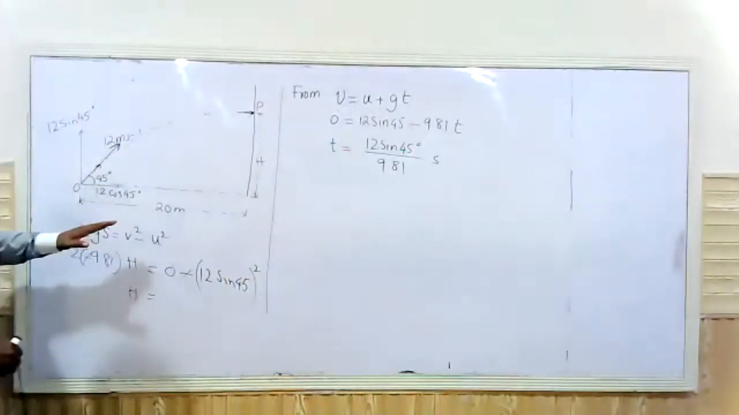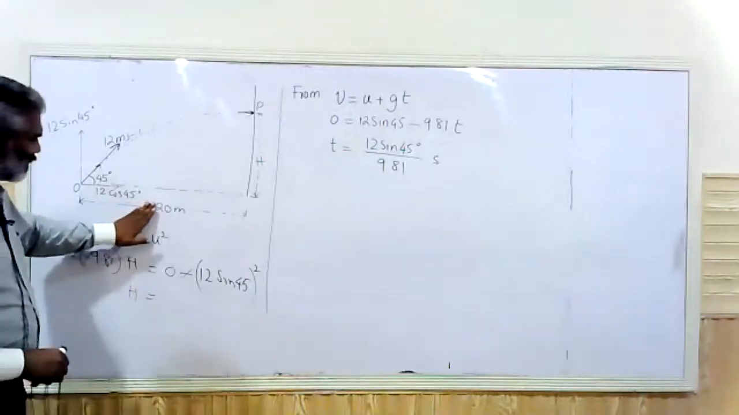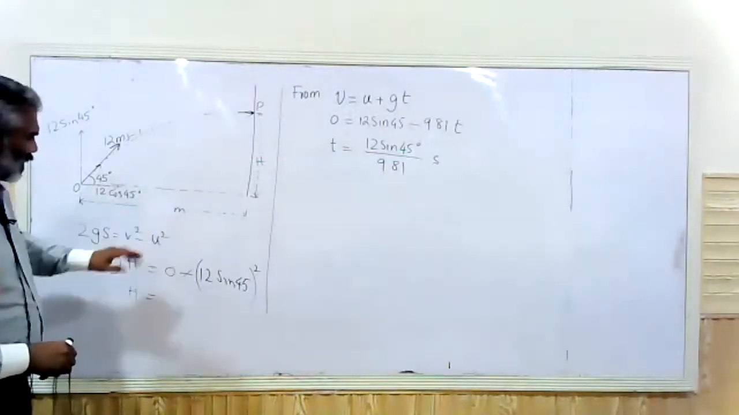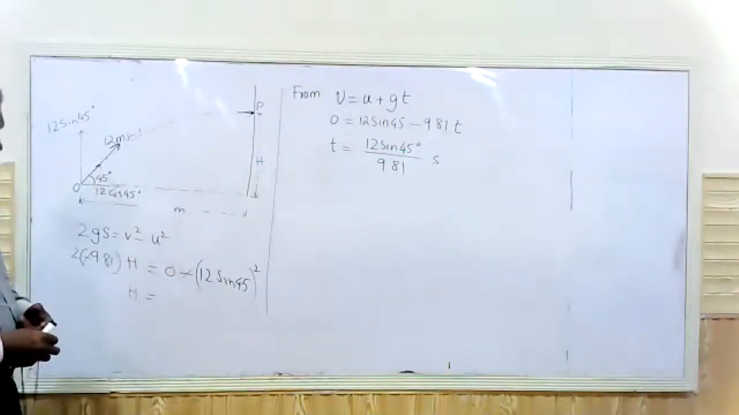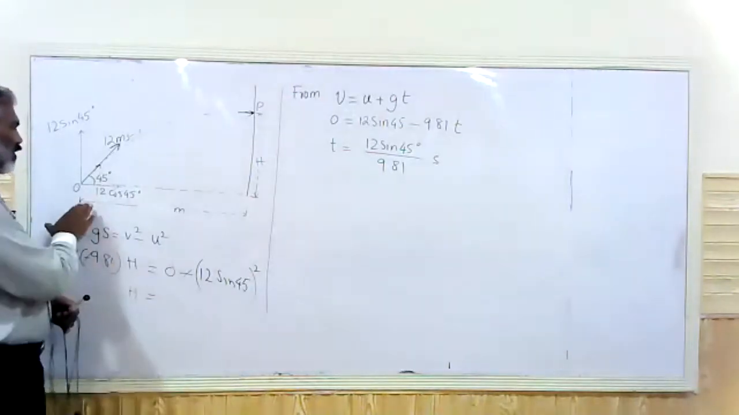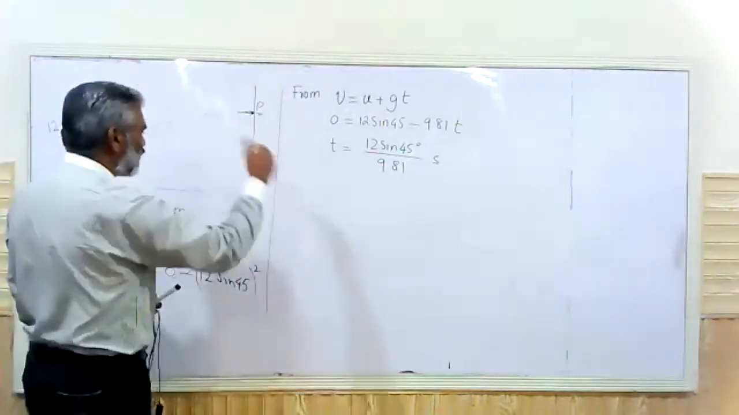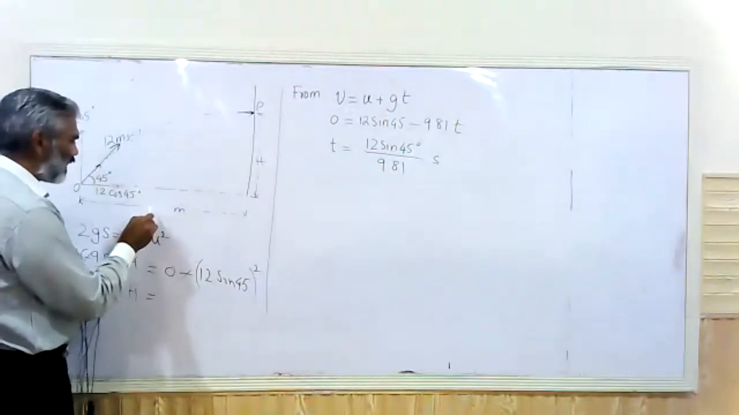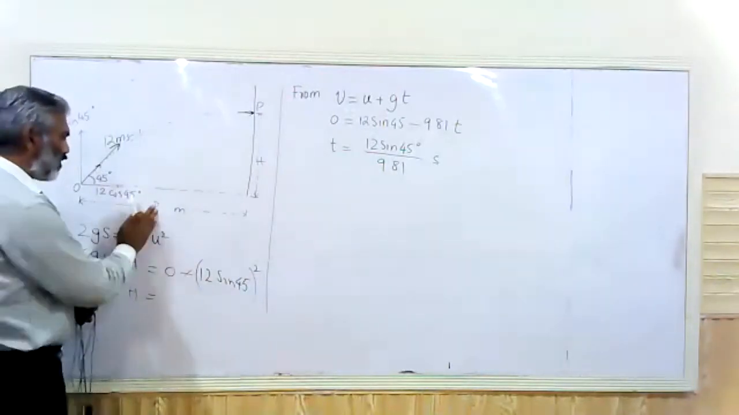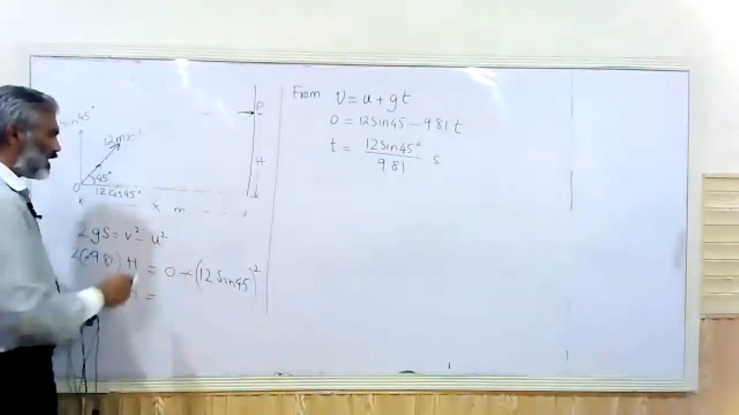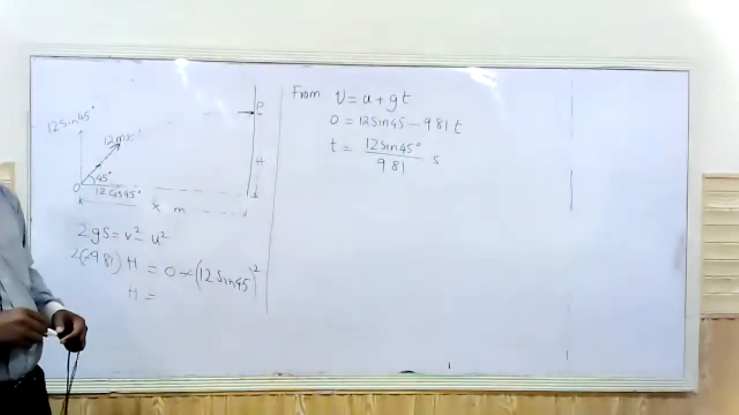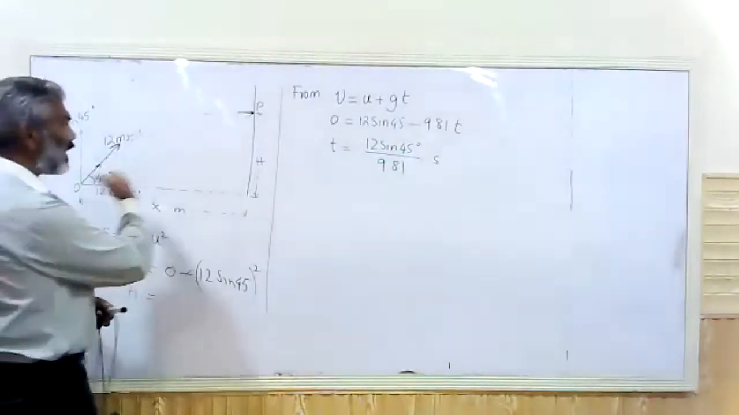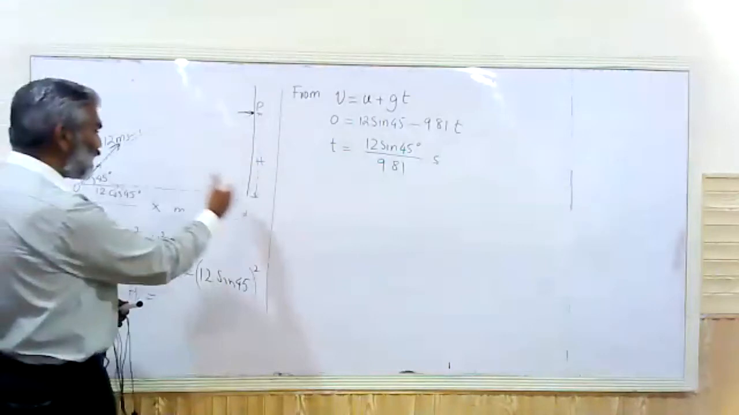We can even calculate this distance accurately, because I doubt if this 20 is accurate. With this velocity, with this maximum height, with this time, we might have a different value of x here. So let's calculate x as well. How far this wall is from the point of projection. And for that purpose, x is equal to